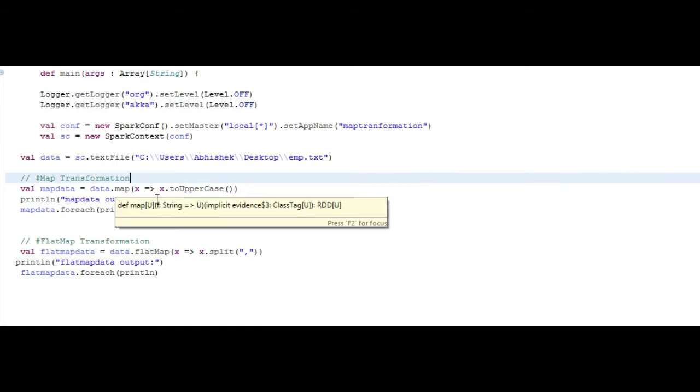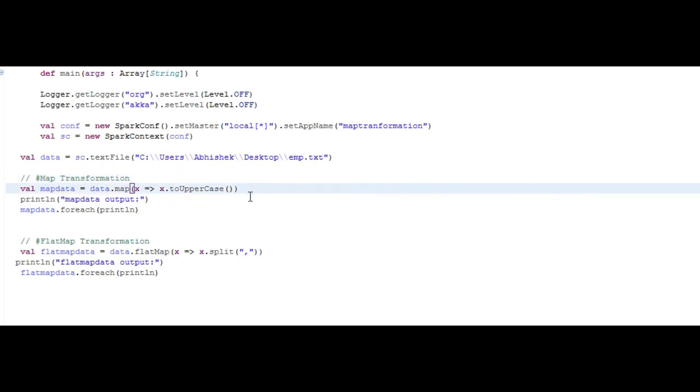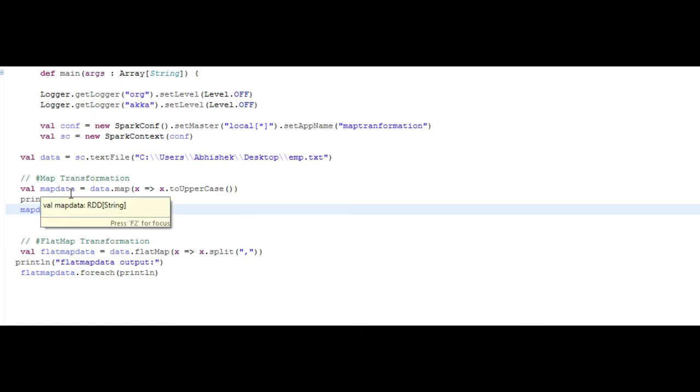It means that on each element it processes, it will apply the functionality. The function I'm applying is toUpperCase on each element. Then I'm printing for readability, by applying the foreach operation and println to get it on my console.